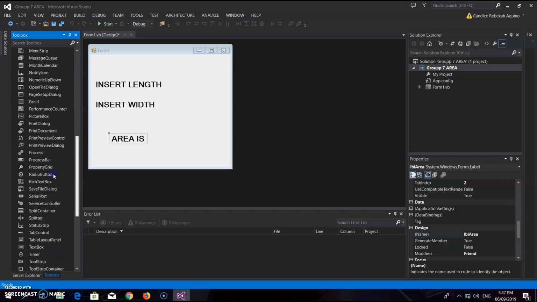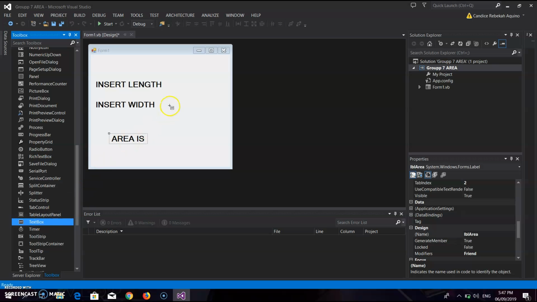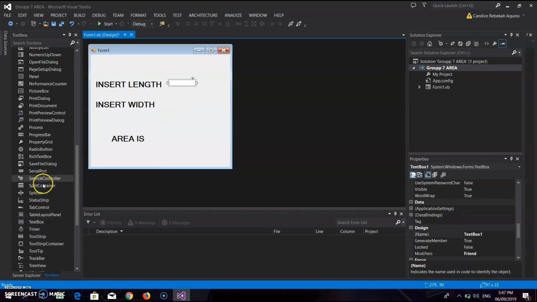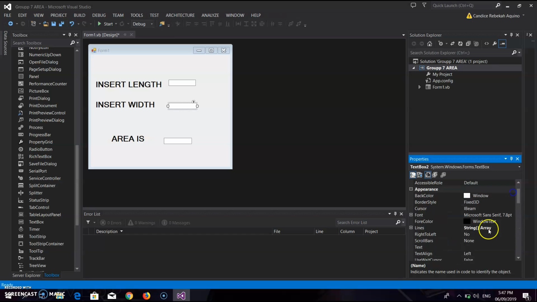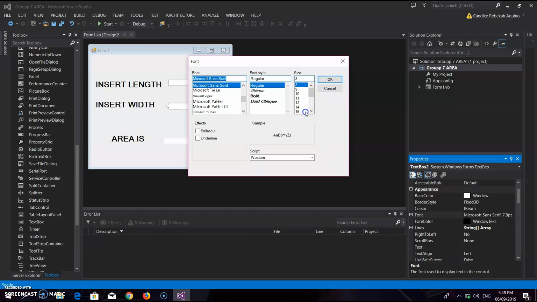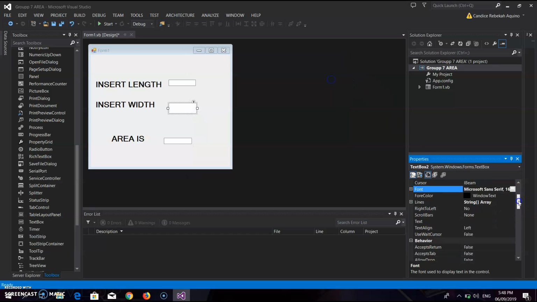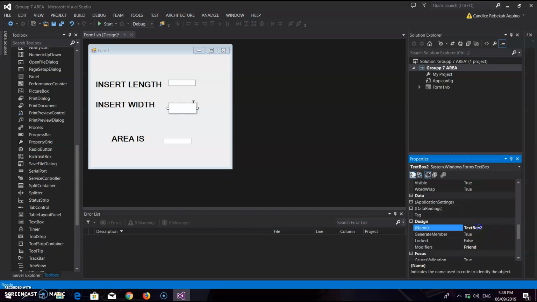Then insert a text box beside every label. Three text boxes. Then on the appearance, don't insert any text like that. It's a no-no. On the design category, under name, insert txt